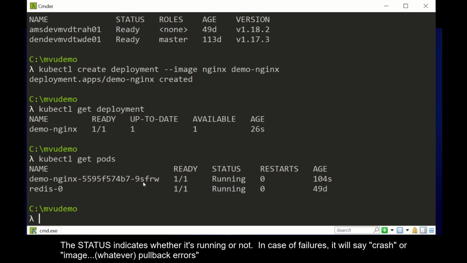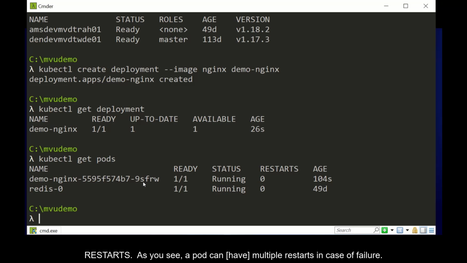In case of failures, it will say crash or image pull back errors. Restarts: as you see, a pod can go through multiple restarts in case of failure. So in this case, this restart column will indicate how many restarts a pod had. This is a useful indicator to identify whether our cluster and our application are stable or not. If there are multiple restarts, that kind of indication should be useful for us to understand what is happening with our